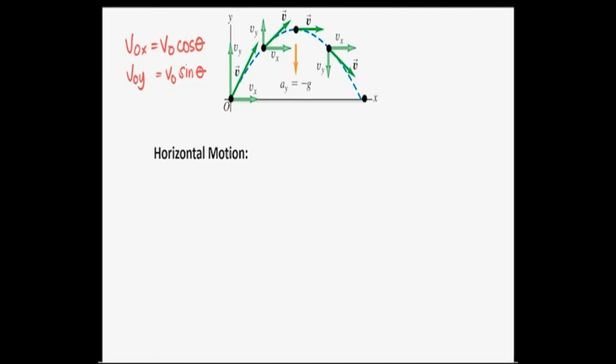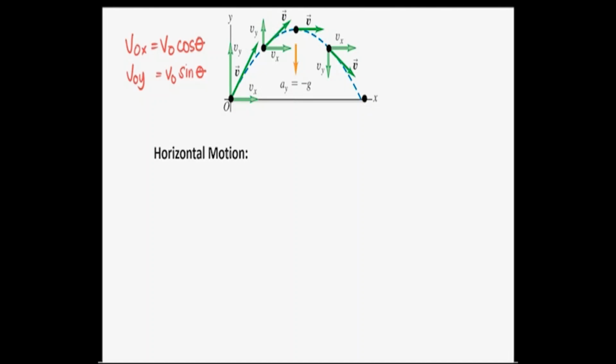Since the x acceleration and the y acceleration are constant, we can substitute them into equation number 1 and number 2 of our uniformly accelerated motion. Suppose our particle is at point x sub 0, y sub 0, when t is equal to 0, and the components of the velocity are v sub 0x and v sub 0y. The components of acceleration are a sub x equal to 0 and a sub y equal to negative g.